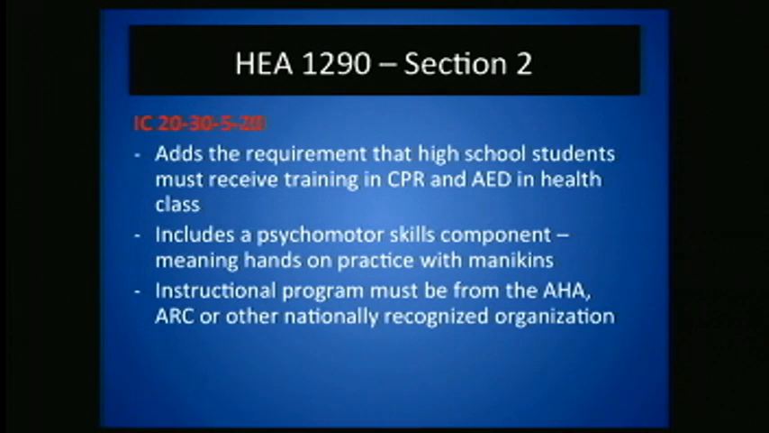Section 2 of this law falls under Indiana Code 20-30, which is under Title 20, which is education, and Article 30, which is curriculum. I know we've been talking today about 20-34, which is education and health. Indiana Code 20-30 is education and curriculum. This law states that high school